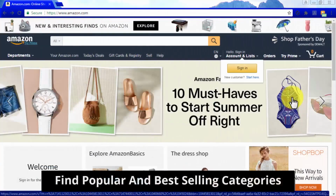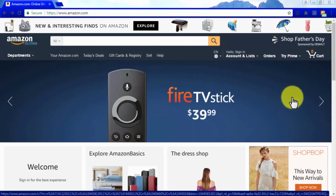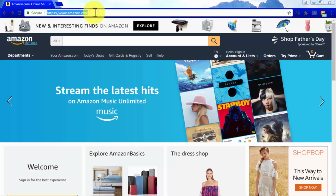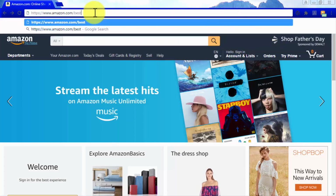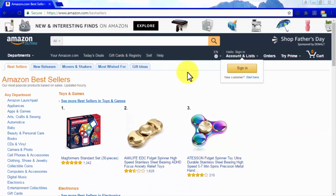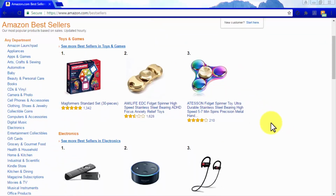Find popular and best-selling categories. A good starting point is to simply select to promote niche products that belong in very popular categories. A good way to find popular categories and bestseller products is by going to amazon.com/bestsellers, where you will find up-to-date and real-time information about which products and niches are the most popular among Amazon